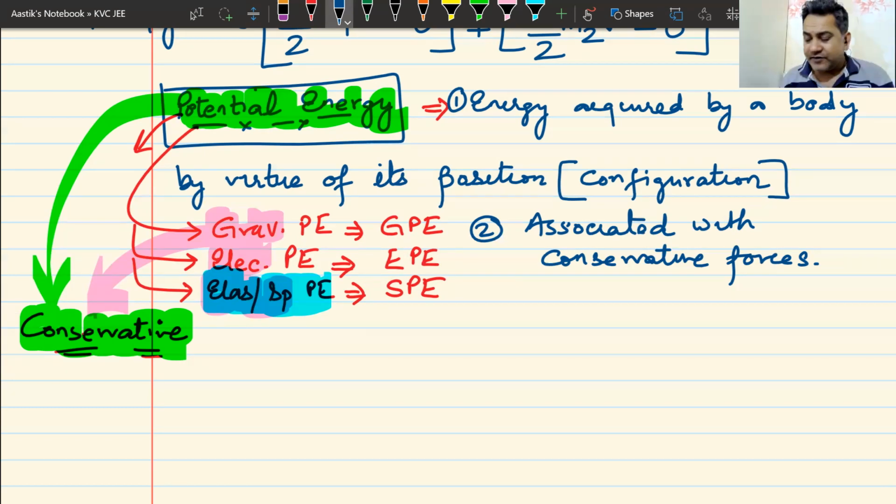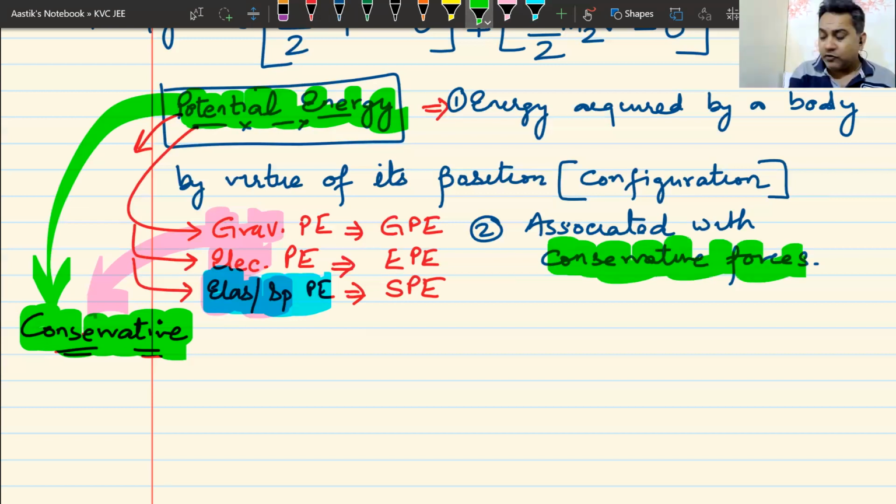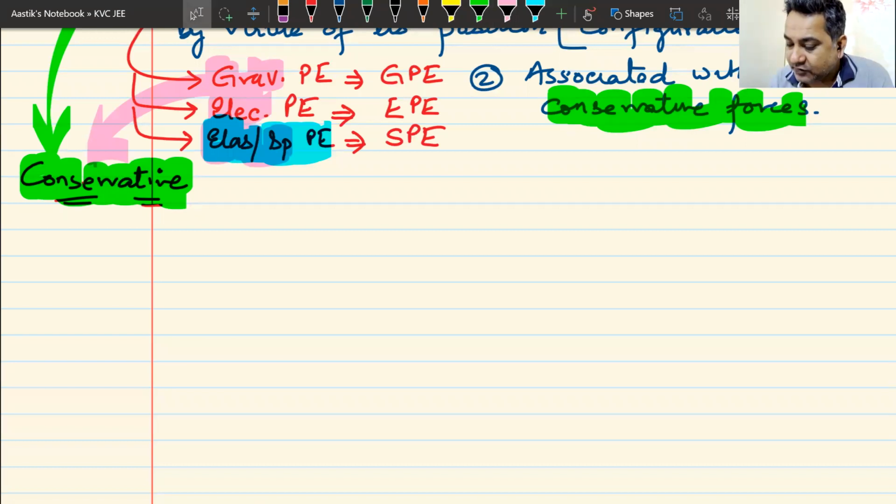This is just a concept that we have created. How and why have we created this concept of potential energy? It is only associated with conservative forces. You can see that. Now, let us again go back and see why this concept of potential energy has come. It is associated with conservative forces. In these conservative forces, whenever we are moving an object, the work done does not depend on path.